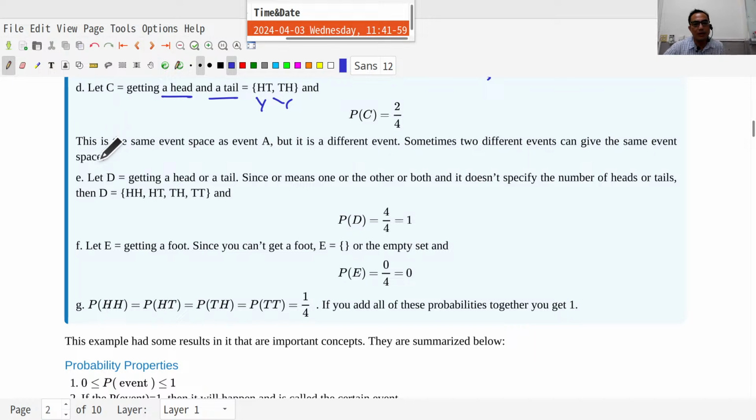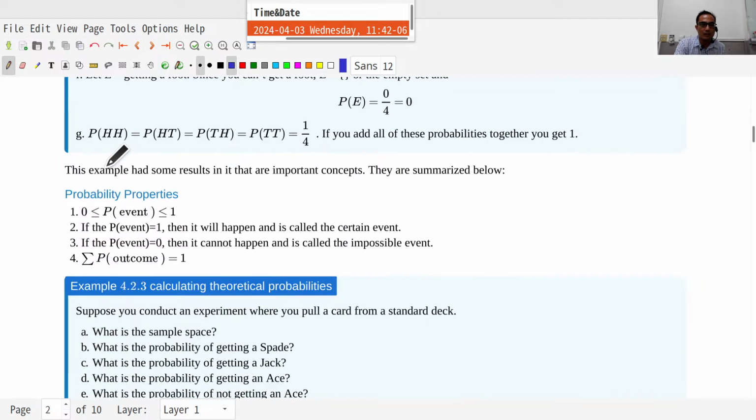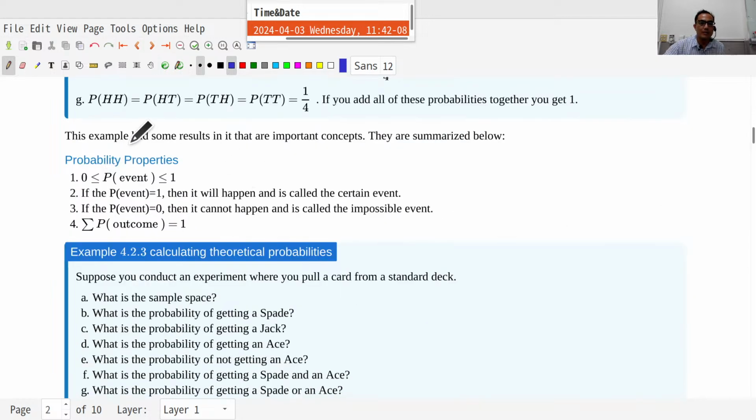Let me skip this one. We can do some examples. And properties. First,